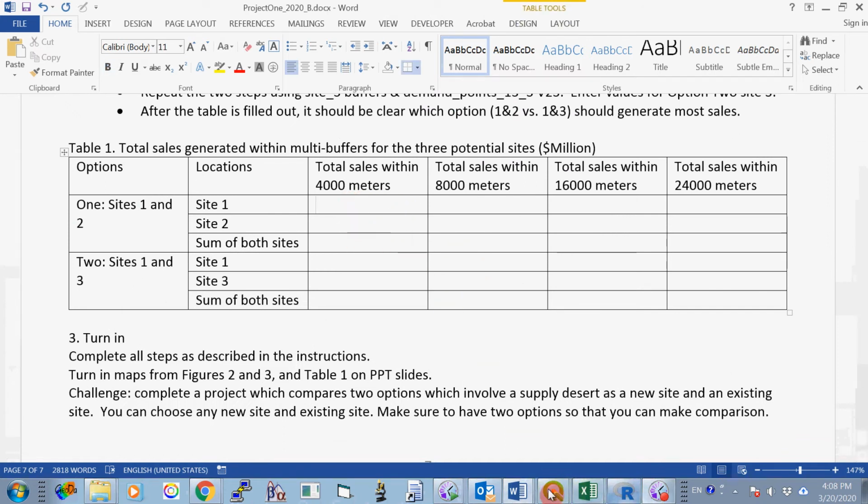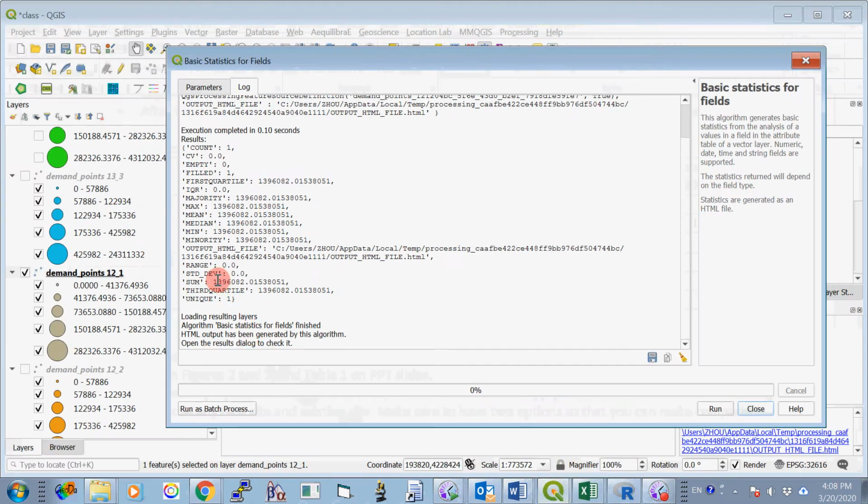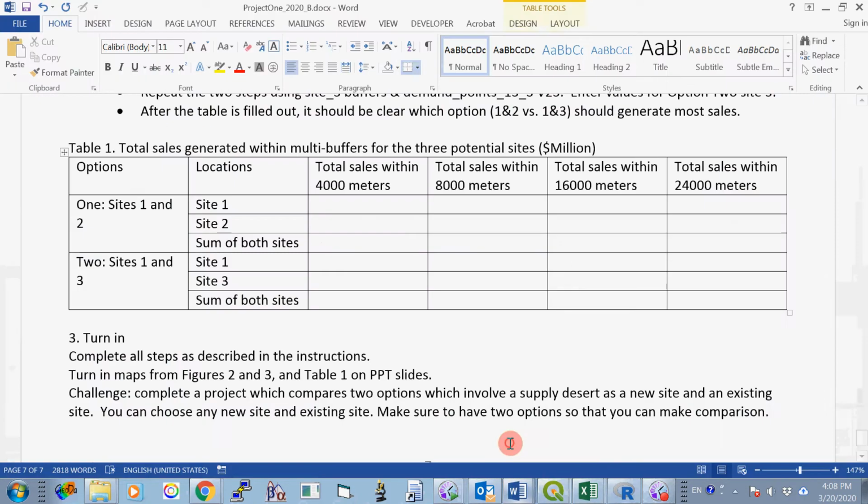You can just copy it over to the table, or write it in. This is site 1 from supply point 1 that we read from the buffer zone